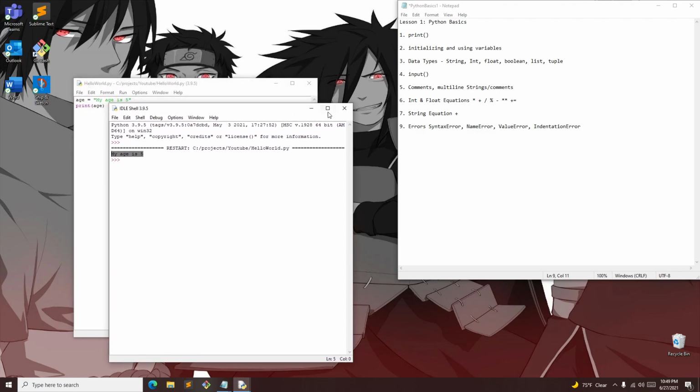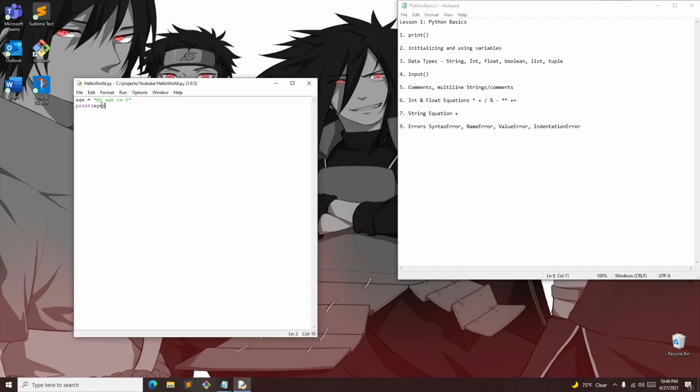I'm going to run this, and you're going to see my age is 5. But here's the cool part about variables. Say I'm going to put this inside of this variable. Now I'm going to make another variable. I'm going to name this one age, and what I'm going to do here is say input, as I have here, and then you put whatever you want them to input. Input your age,